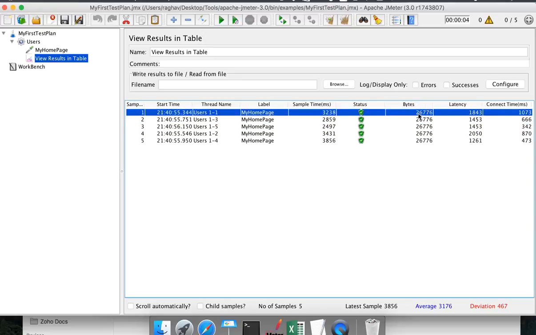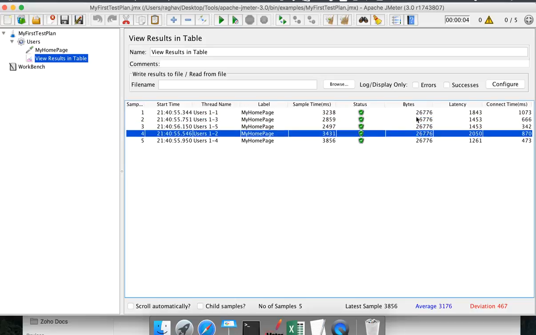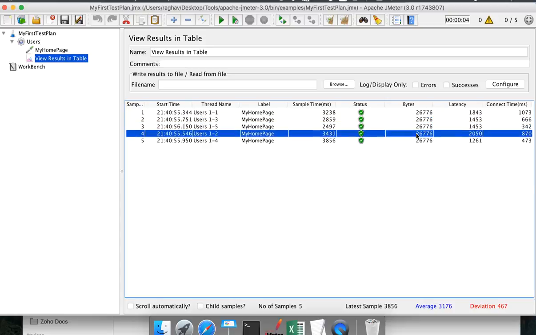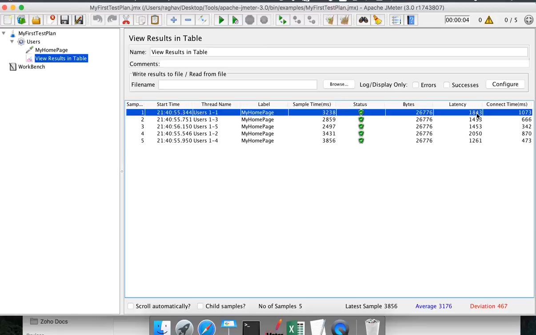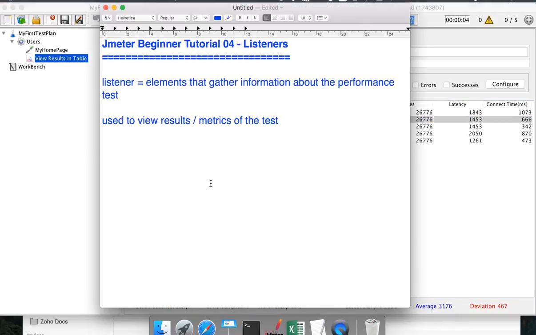Okay, this column is bytes, so this is the size of the request, and because we are using a single request, you can see the size is equal in every request. Then we have the latency. This is again in milliseconds, but what exactly do we mean by latency? Latency is time to first byte. Okay, latency is time to first byte, and what this actually means is